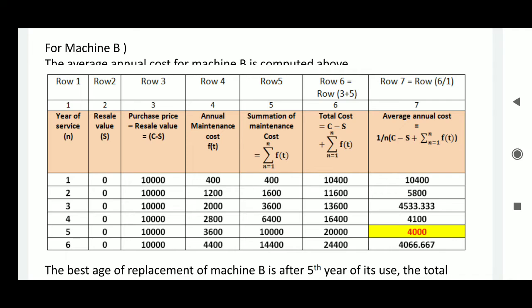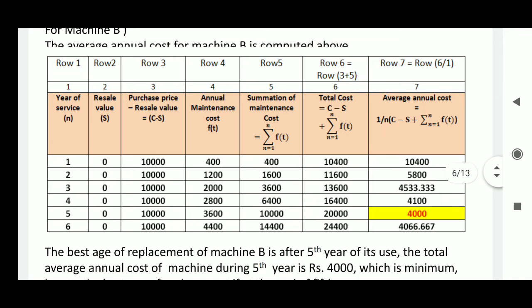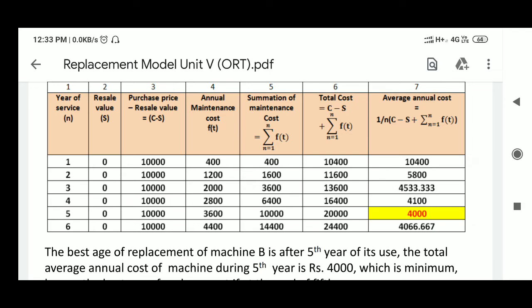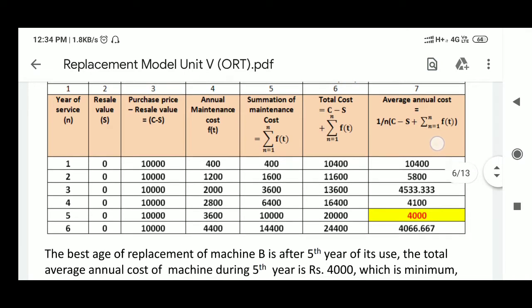You have to calculate on your own, for the years up to 5 or 6. After doing the calculation, you can see that during the fifth year you will get the minimum value, and this cost is going to increase during the sixth year, which means at this point you should stop calculating. Okay, this is a common sense problem.